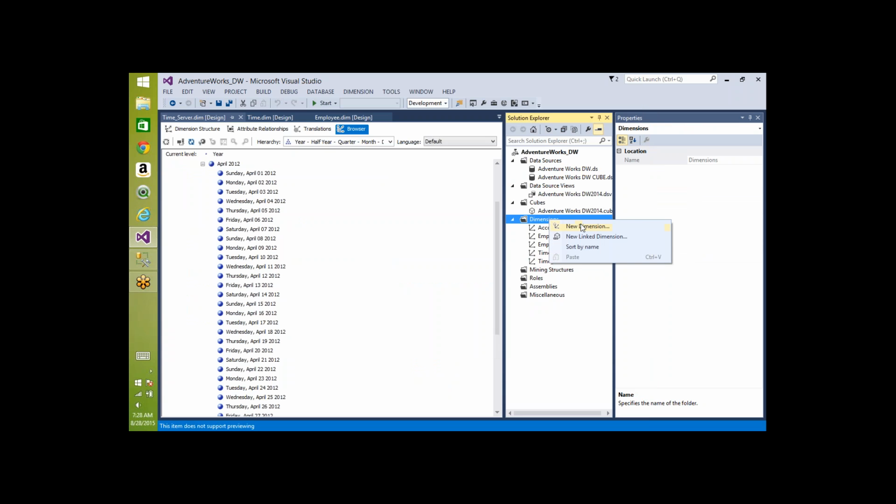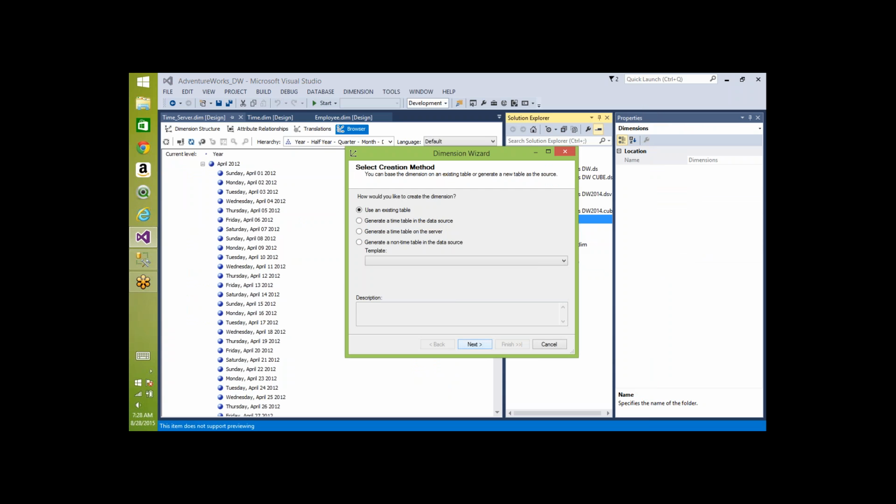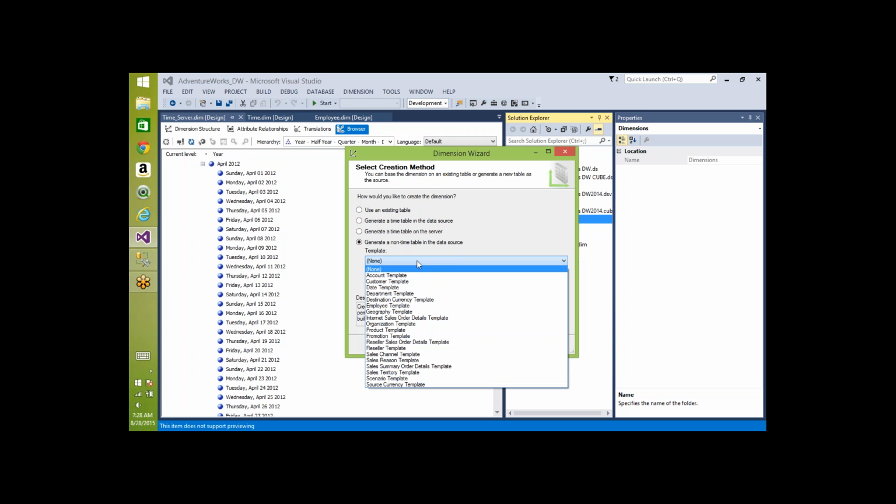Now we have one more option, that is generate a non-time table in the data source. What this will do is create a template on the server. It's not going to load the data, because Analysis Server does not know what kind of accounts you have, or